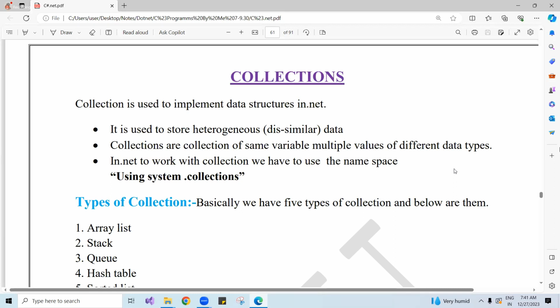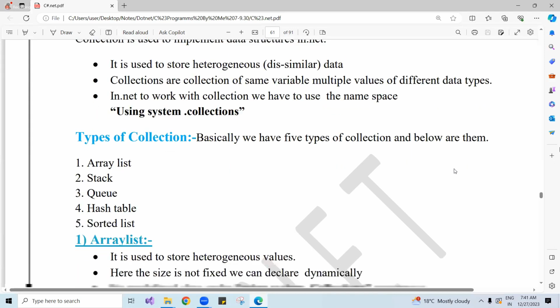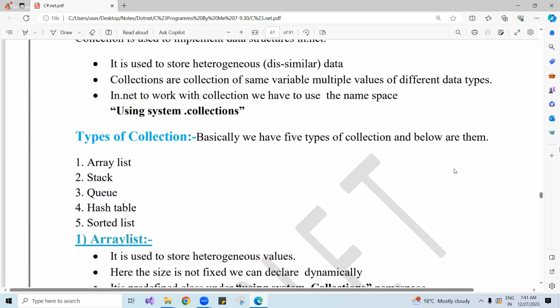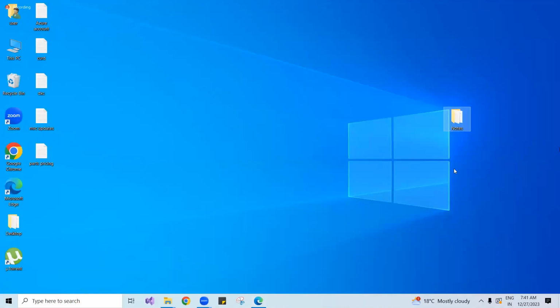We have different types of collections available: ArrayList, Stack, Queue, Hashtable, and SortedList. We can see the five different types of items, but they are all easy programs. Okay, we'll see them. Before that,